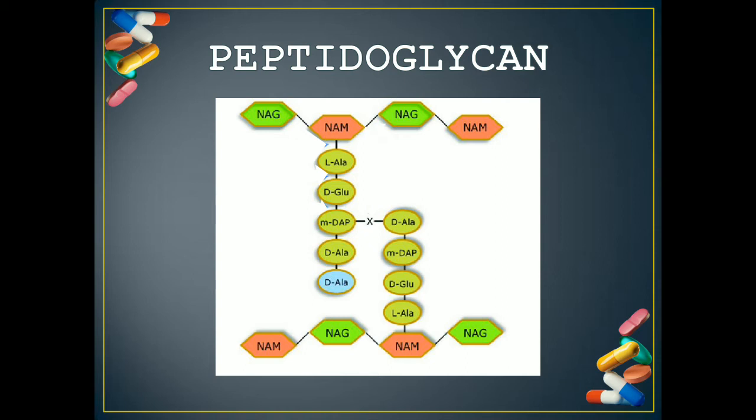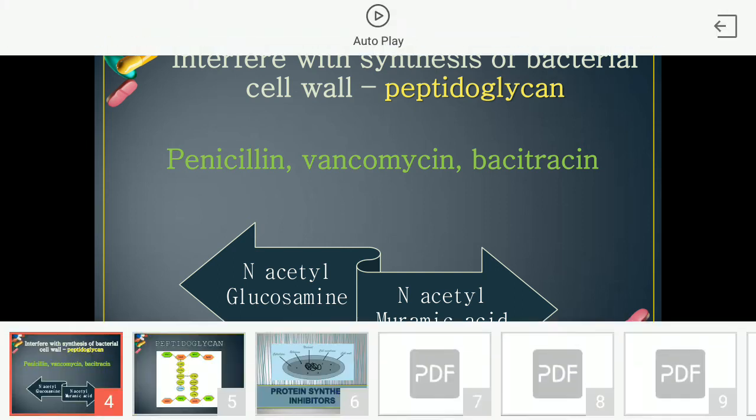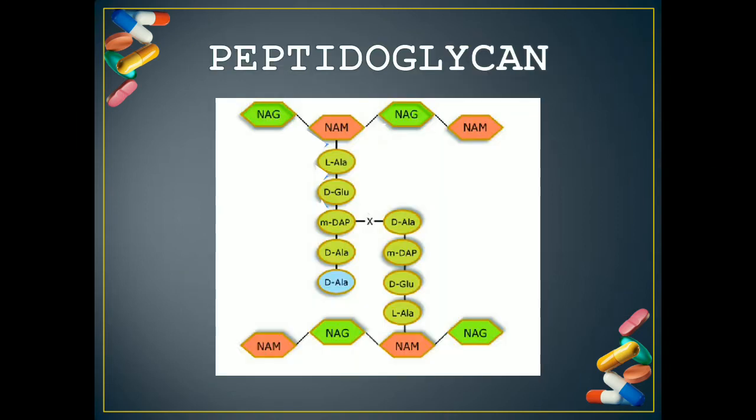And we have several antibiotics which are attacking one or more of these areas. For example, we have the beta lactam antibiotics, that is penicillin, cephalosporin, ampicillin, methicillin. All of these are inhibiting the enzyme that brings about the cross-linking. So what happens is we have several chains of NAG/NAM, that is N-acetyl glucosamine and N-acetyl muramic acid, but they cannot get interlinked because the enzyme itself has been blocked by the penicillin or by cephalosporin. So they block the enzyme which brings about this cross-linking of the polysaccharide chains, or the peptidoglycan chains.